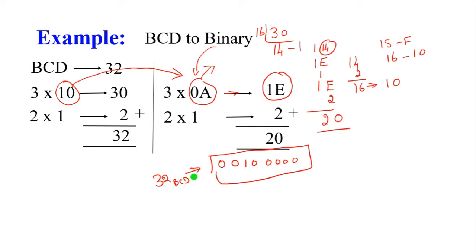Okay, clear? In programming, there is one more step to perform, because the tens digit value is available in the higher nibble. In the number 32, the 2 is in the lower nibble and the 3 is in the higher nibble. How are we going to take the lower nibble into consideration? Here we are going to perform the masking operation. How do we perform the masking operation?